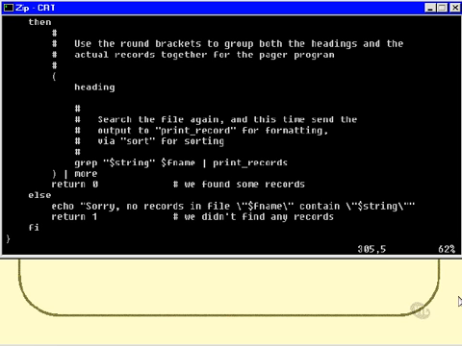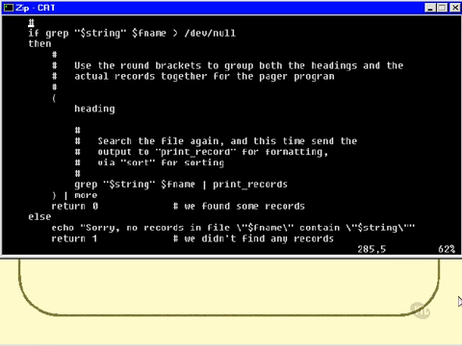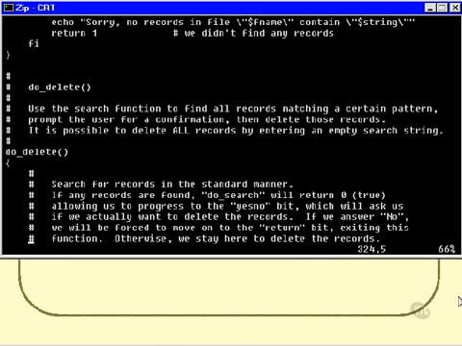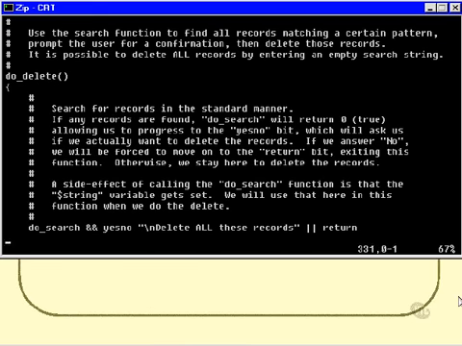So this little else here is the else from this if statement, so that'll be essentially saying if grep did not find any of those records in the file, then we'll just simply say sorry, there are none. And then we get down to the do delete, which will do the following. The very first thing it will do is call the do search function, so it'll do all of that. In other words, it'll prompt the user to enter a string, and it'll display all the records that match that string,